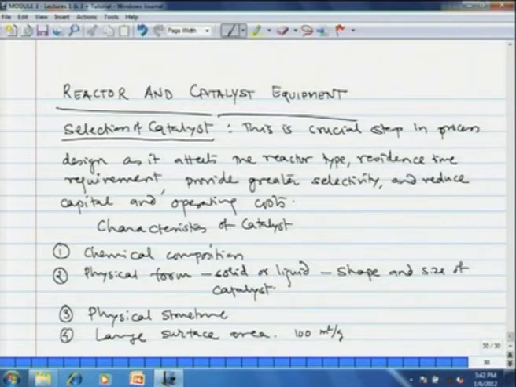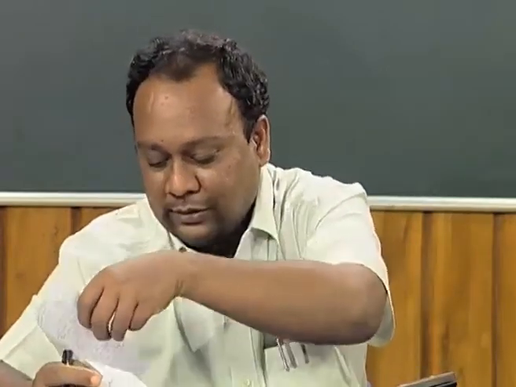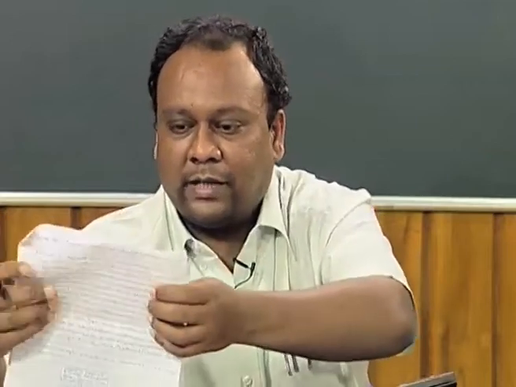Okay. The transport of reactant to, and product from, the reaction site within the catalyst can limit the effectiveness or the utilization of the catalyst. So, you have already dealt with the catalyst effectiveness factor in the module of chemical reaction engineering. What is the concentration of the reactant in the bulk and what is the concentration of the reactant in the catalyst pores? That ratio decides the effectiveness factor of the catalyst. The reaction rate constant and diffusion coefficient, their relative values also affect the utility of a particular catalyst.